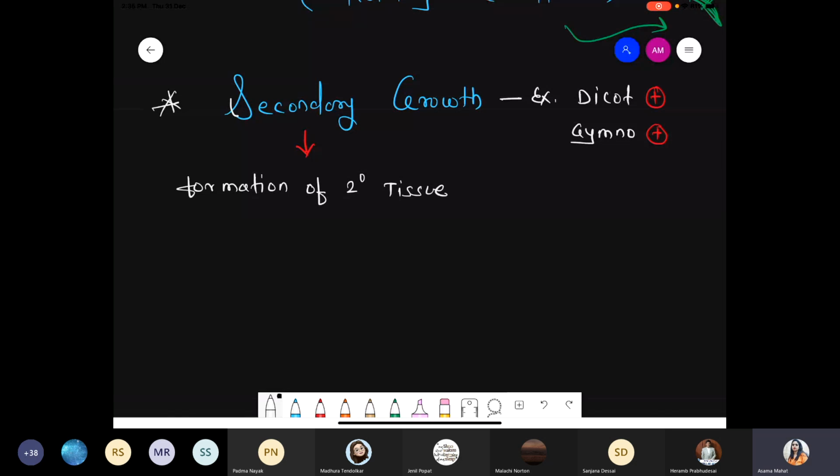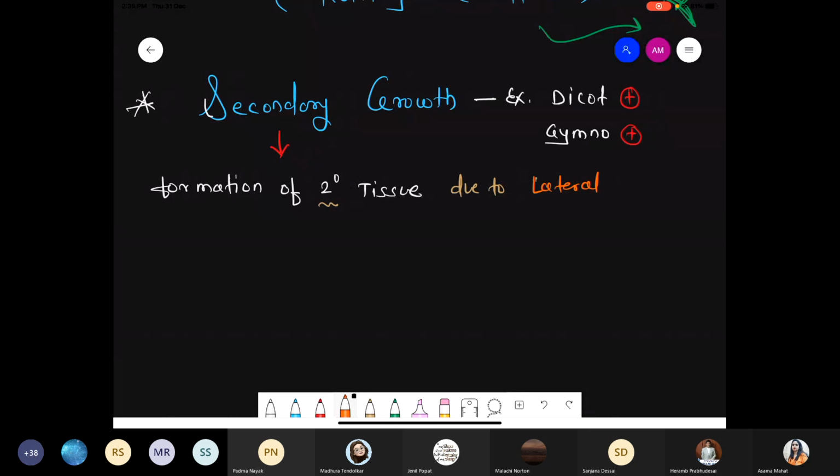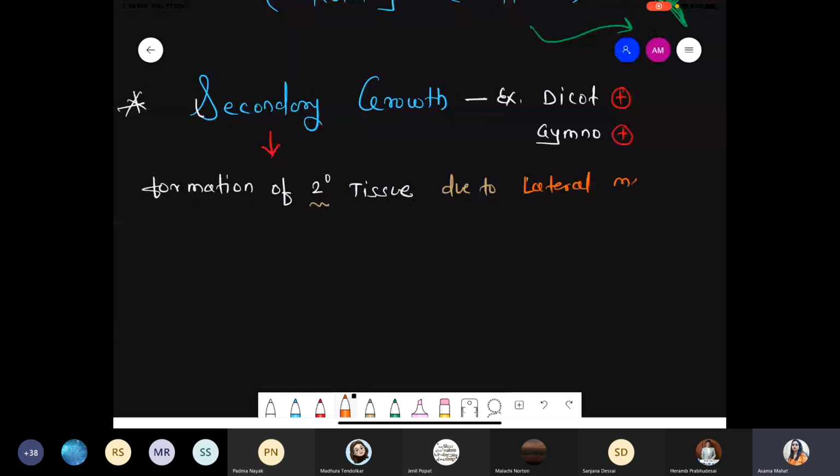When you are writing the paper, don't use the short form of secondary like this. You have to write the word secondary with the full spelling. Don't use this one, it's only for class. So, secondary growth is the formation of secondary tissue due to lateral meristem activity. I hope you remember during the